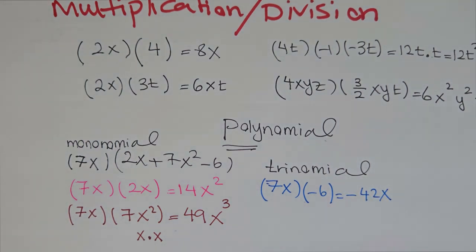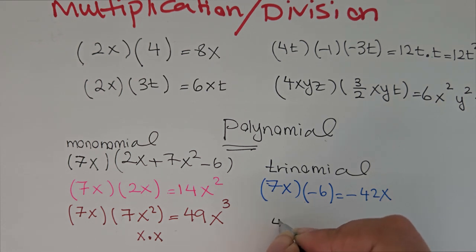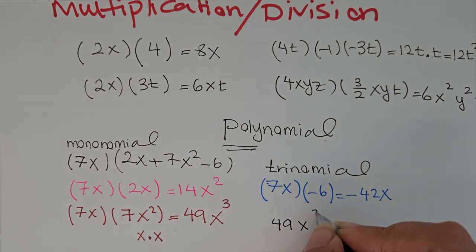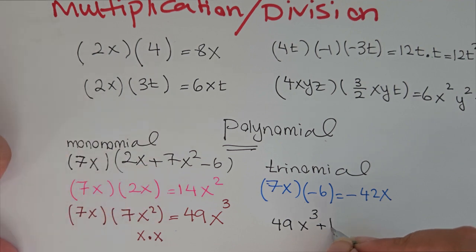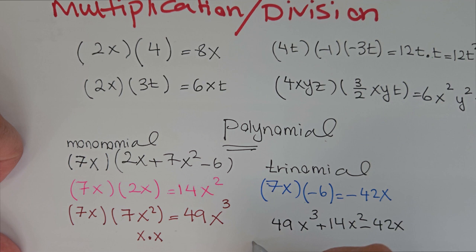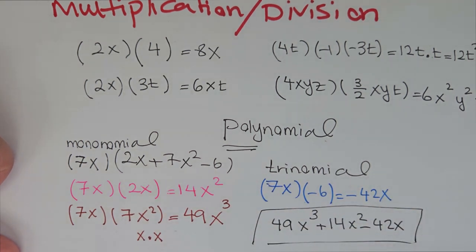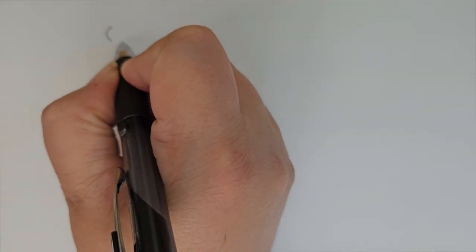Okay, so the final answer, if I want to do the final answer, would be 49x cubed plus 14x squared minus 42x. This is the final answer. So the final answer is a polynomial, or to be more exact, because there are three terms, it's a trinomial. Okay, now let's do another more advanced one. So let's say here we would have,